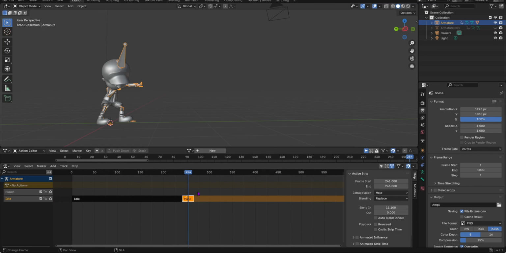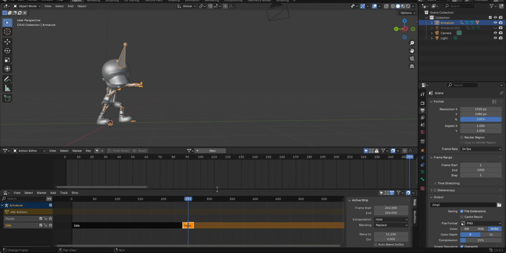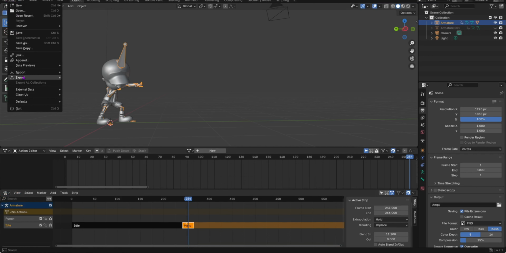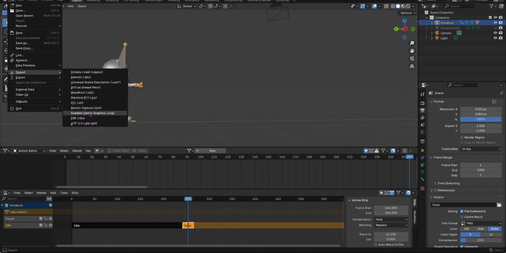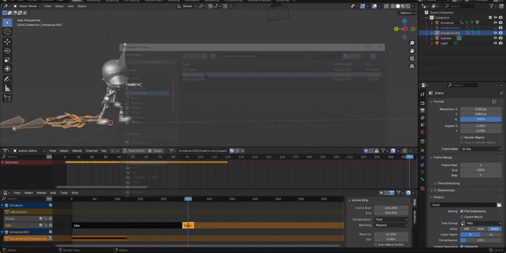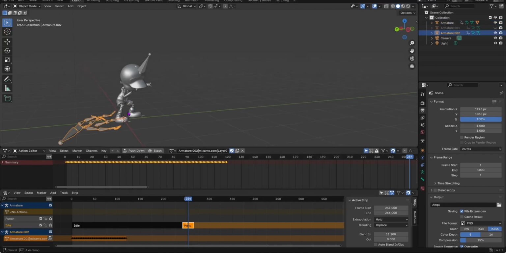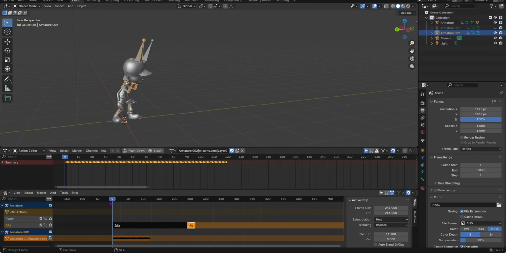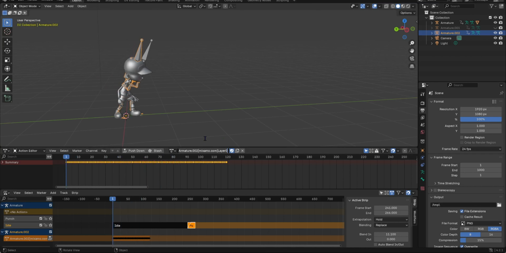Now once we have done that, the second one, actually the last one, is our falling animation. So we're going to import that FBX file, our knocked out. Now once I've done that, as you can see, he's kind of knocked out already. Move this back. He sadly gets knocked out. Sad for him. Now what we're going to do is rename this to knock out